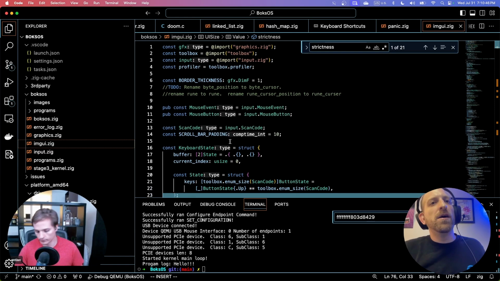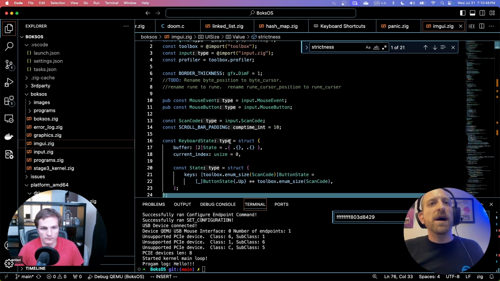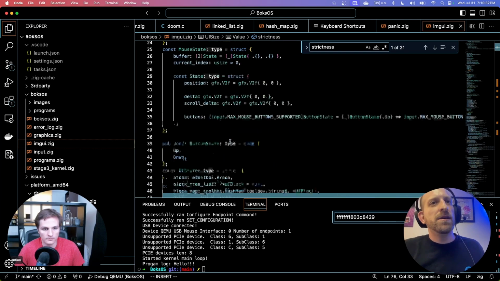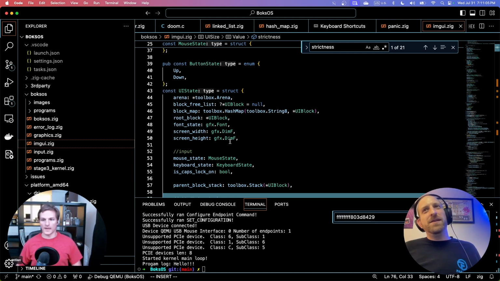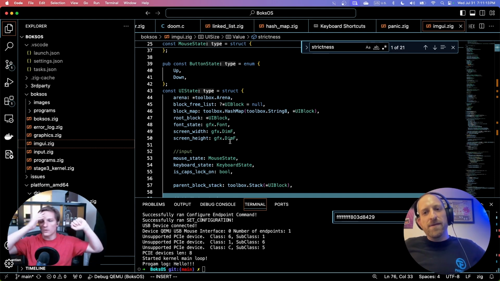I guess the question was, when do you decide if something is part of the API? I guess this is more of an API question versus an immediate mode GUI question. Okay, so what's happening there is interesting. This is why you have the struct called UI state somewhere, right? We were talking about it's in a thread local, and I was trying to emphasize that that thing,